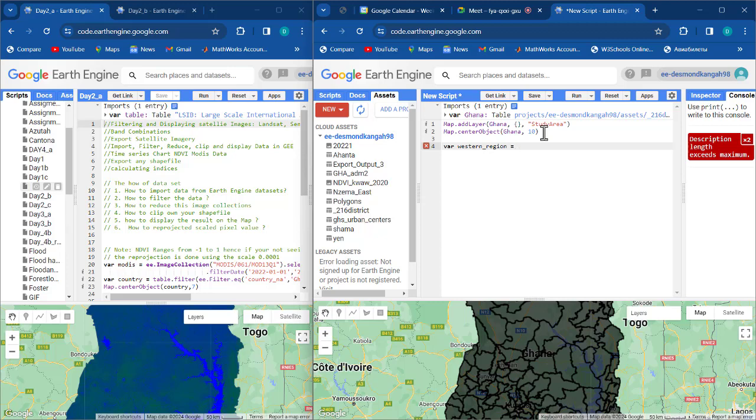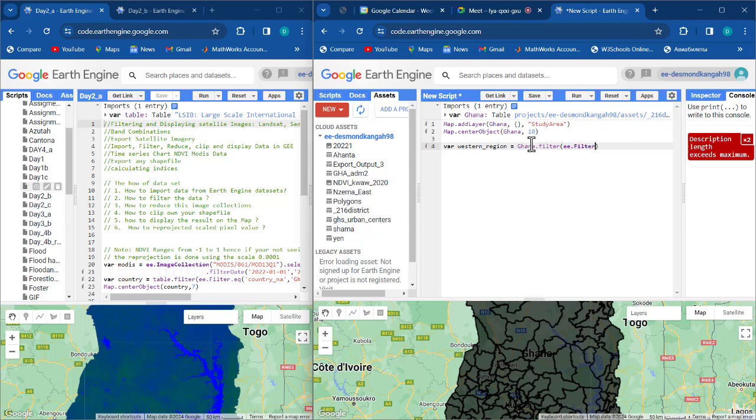First, I have to quote the main name of the shapefile. That is Ghana. So Ghana dot, then I bring filter, then I bring bracket. Then I have to bring the Earth Engine server's filter. That is ee dot